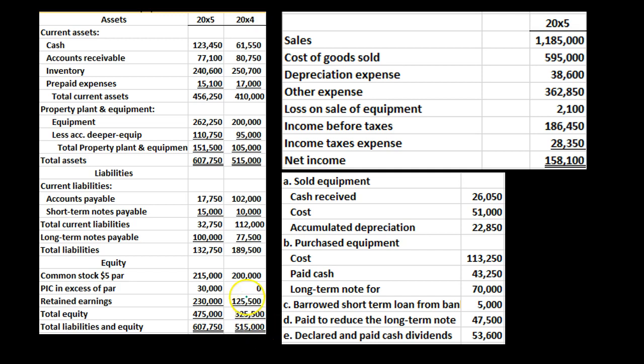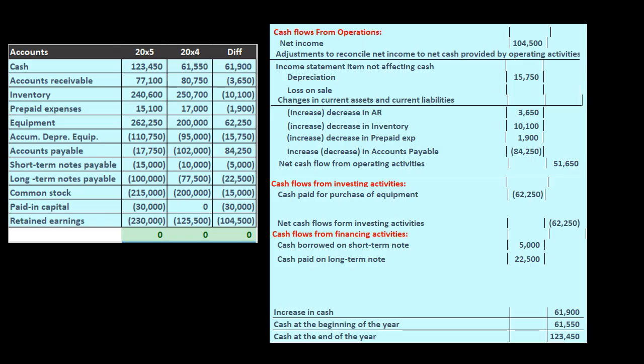We're going to be using this information, the comparative balance sheet, income statement, and the additional information, focusing here on the comparative balance sheet to make this worksheet. We're taking these differences in order to construct our statement of cash flows. We had the cash flows from operations, cash flows from investing activities. We're now working on the cash flows from financing activities. We found a home so far for all of these numbers, except down here we're looking at the common stock